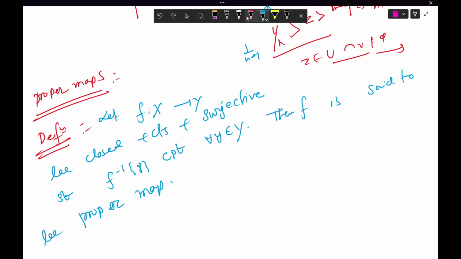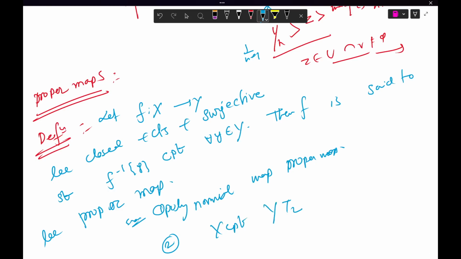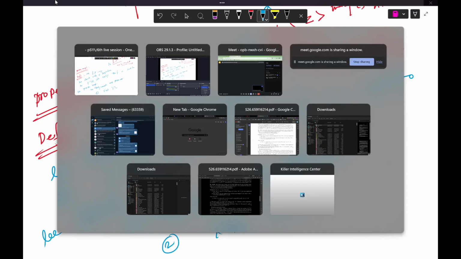So one way is to check that, for example, a polynomial map is a proper map. Another example is if X is compact, Y Hausdorff, then